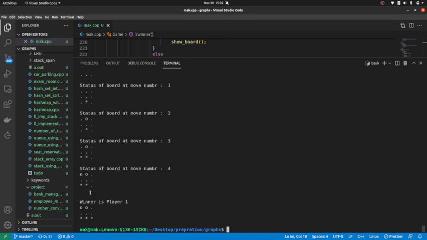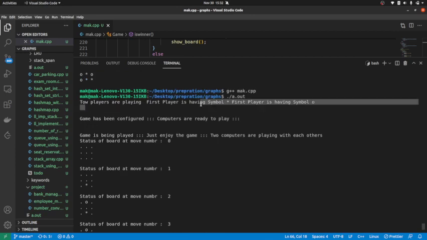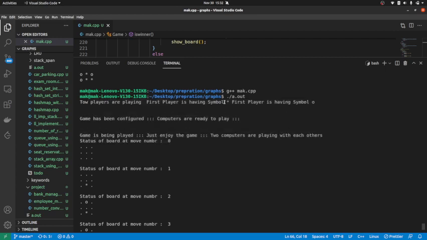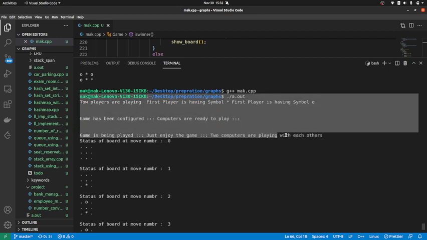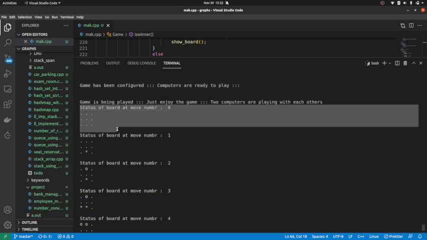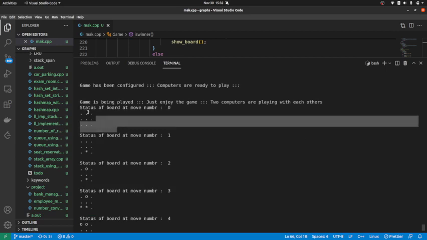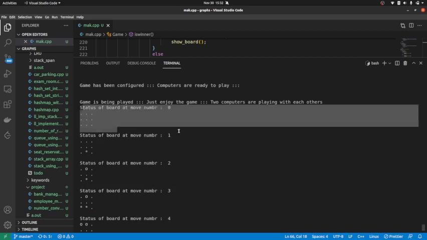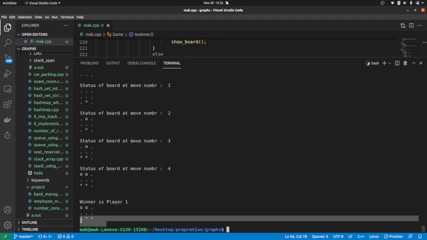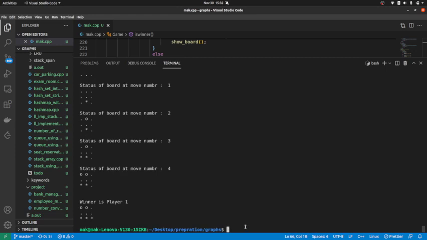So here you can see that from the beginning there are two players, sorry, there is one spelling mistake here. The game will be configured between two players, two computers, and in the zeroth move, when the game has started, the board is empty. The first player starts playing, and at last you will see the first player is the winner, because in the last row you can see it. These moves are going very randomly. I have used random shuffle here, so these things are getting shuffled.